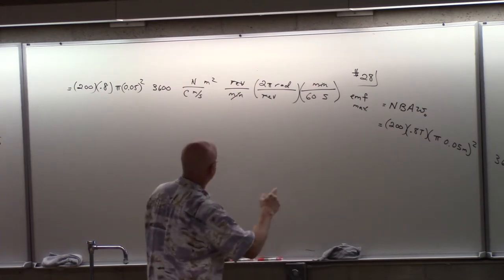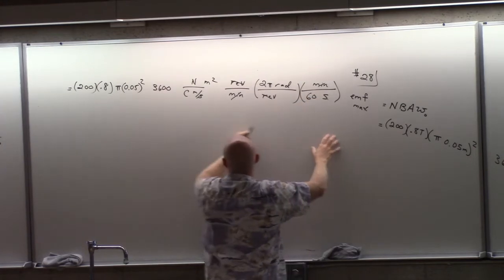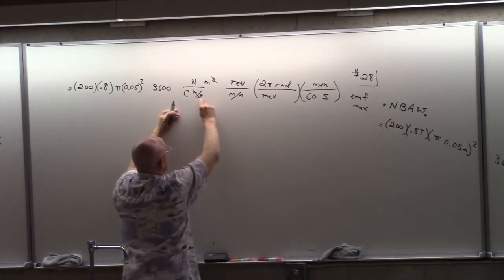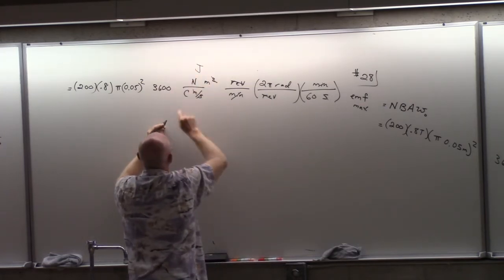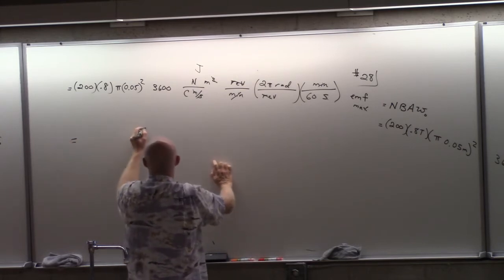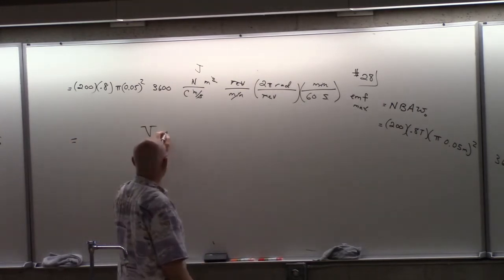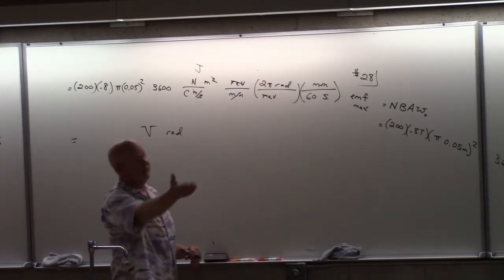And now, if you look at your units, you will see this seconds over here cancels with that second. One of these meters cancels with one of those meters. Then you'll have newtons times a meter, that's a joule. A joule over a coulomb then is the definition of a volt. So I got volt. Now you might say technically I have volt times radian, but as you guys heard me say in 110,